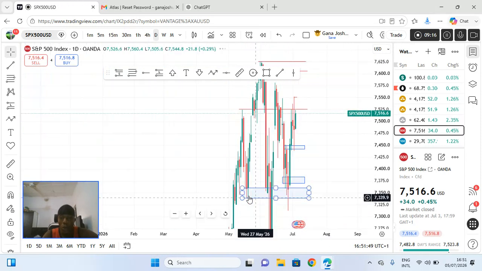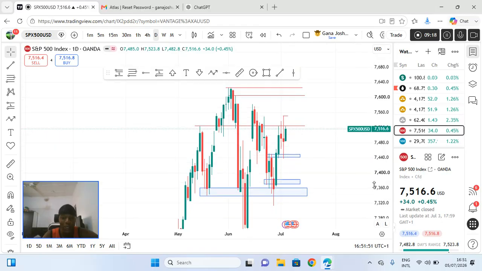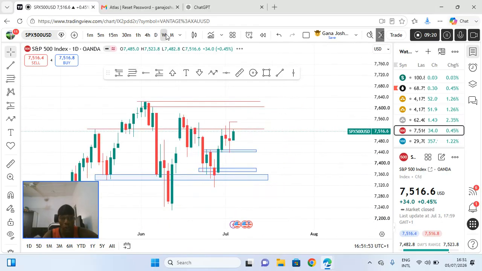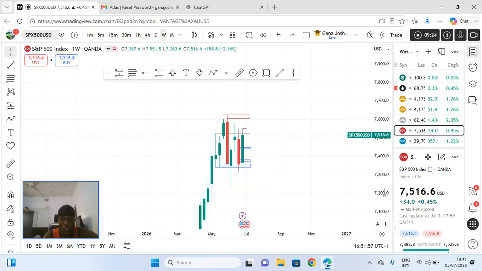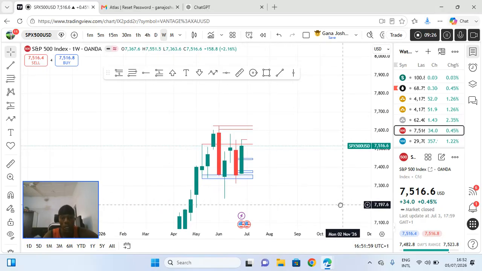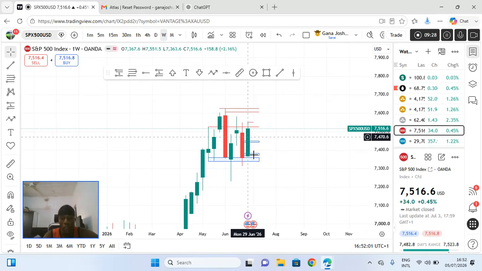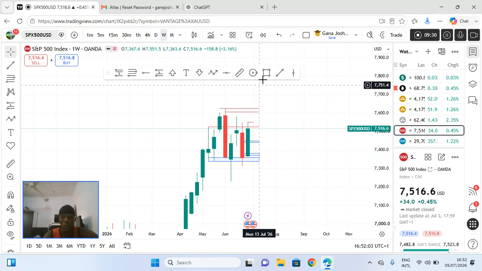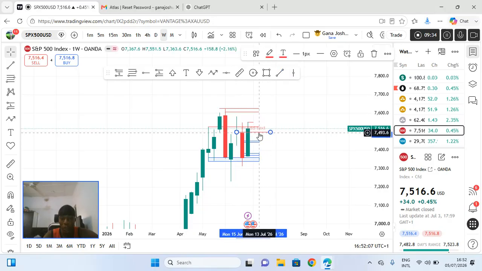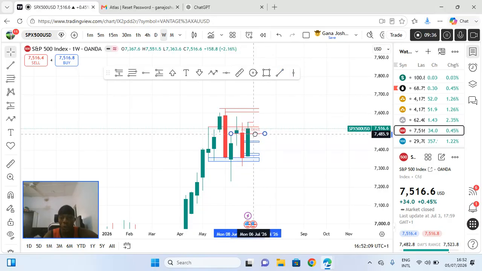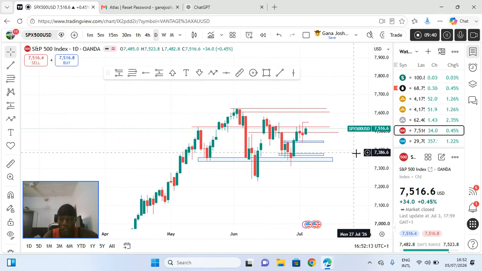So here we'll go to the daily time frame as well, as usual. Always know this, we'll start from weekly. For the beginners here, start from weekly. We're seeing that this week ended as a green candle. More likely than not, this was a resistance, but now it's broken and price is riding above it. So continuation to the upside or not, we don't know. And we'll come to the daily as well.